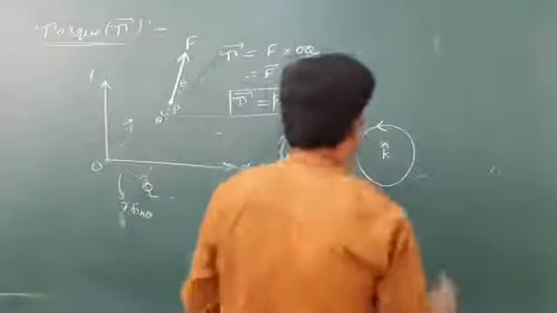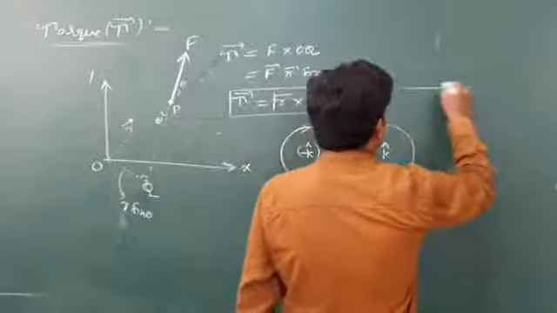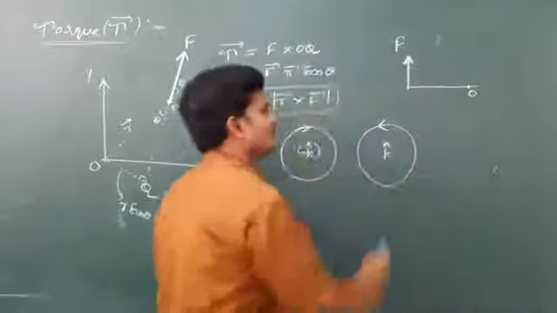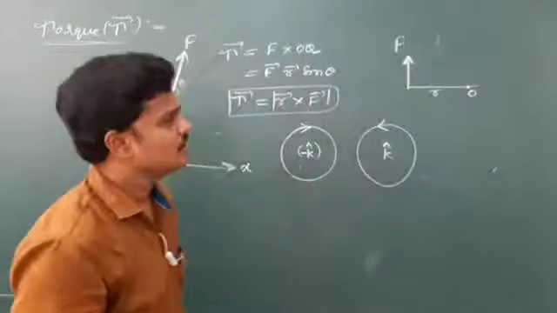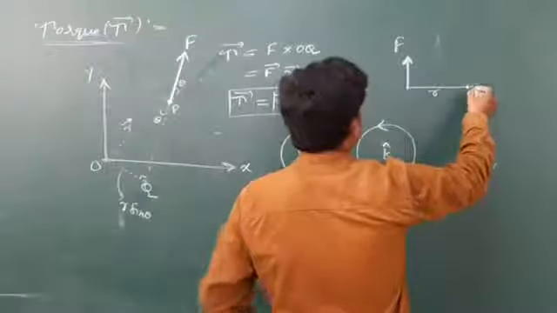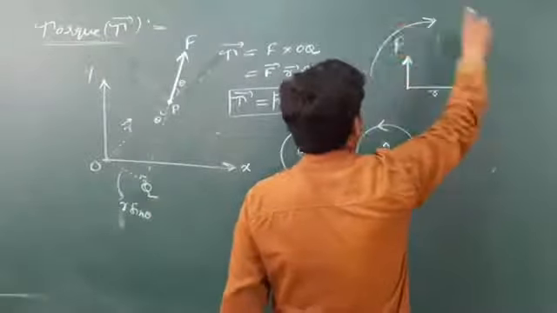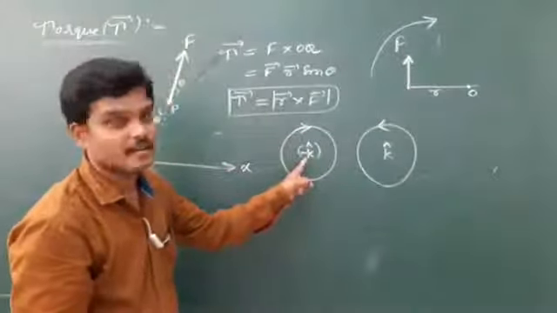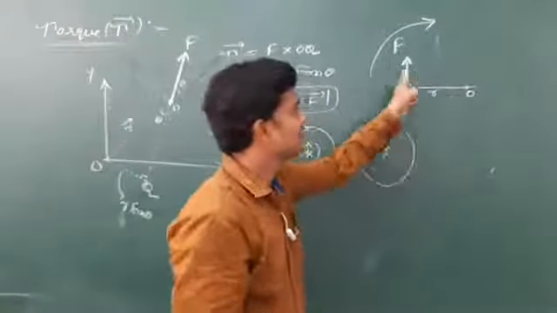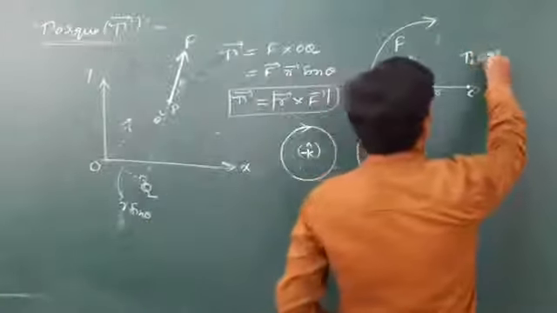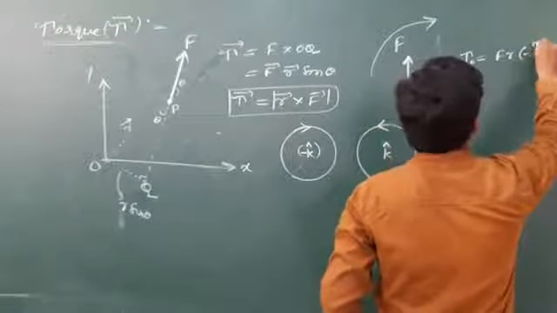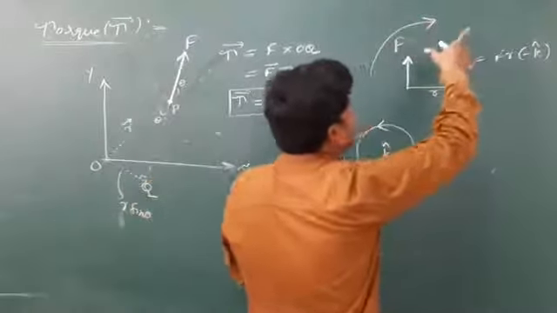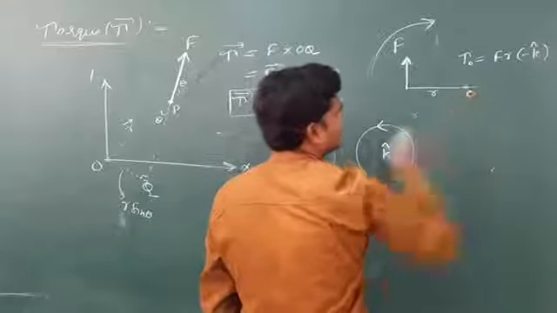Now see, in some cases, this is the point O and this force is acting like this. Let us decide the torque. No doubt, generally if we imagine about O, we can imagine like this. Here the body rotates clockwise. Clockwise means minus k cap. So the torque about O is F into R minus k cap newton meter. Generally we can expect it to rotate like this. This is the arrow tip and point O is on this side.